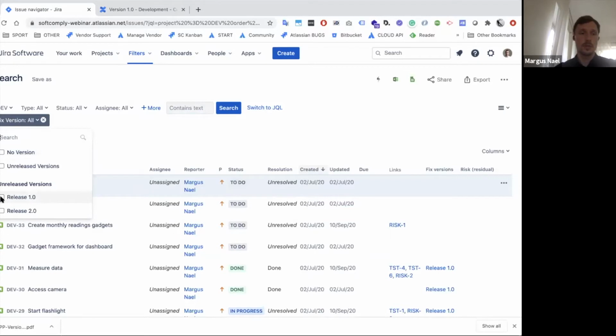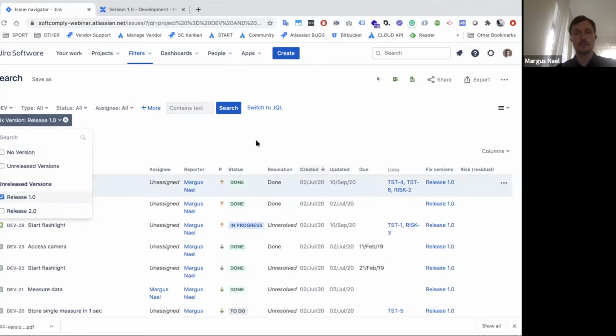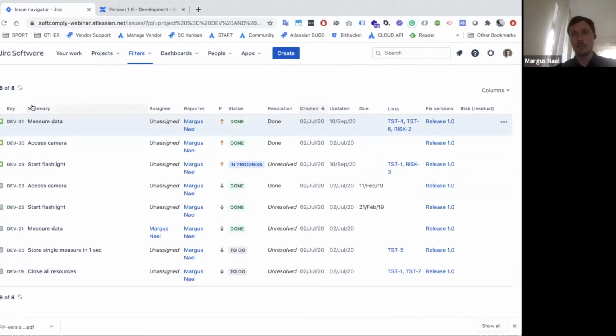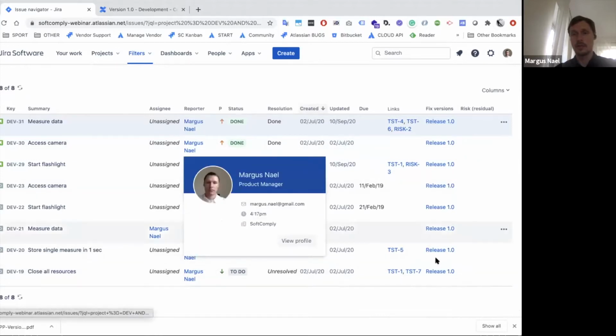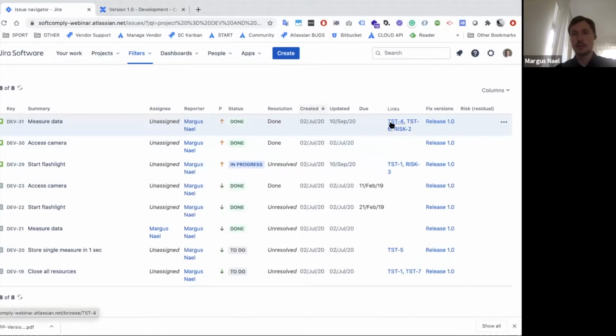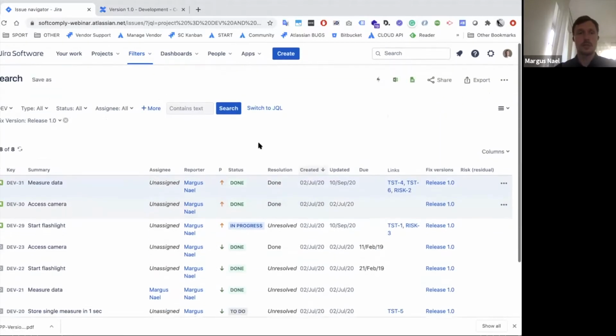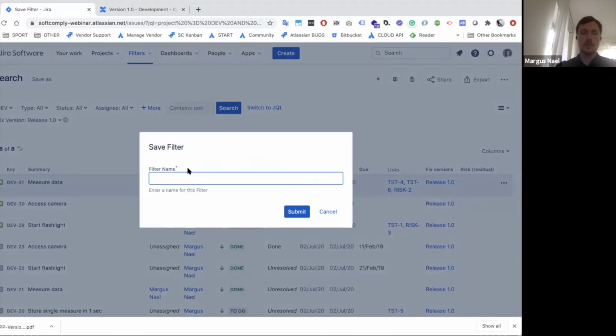So I'm interested in release 1.0, and I can see that I have here 8 requirements that are all assigned to the release 1.0. I can see some links, statuses, who has reported those, assignees, created, updated, due dates even, and this is pretty satisfactory for me. I'm saving this search query also: All requirements version 1.0,